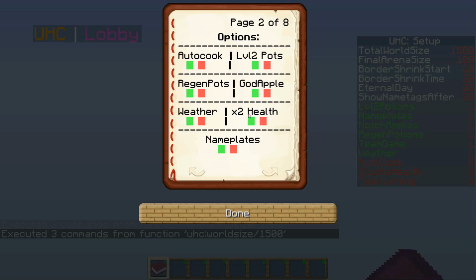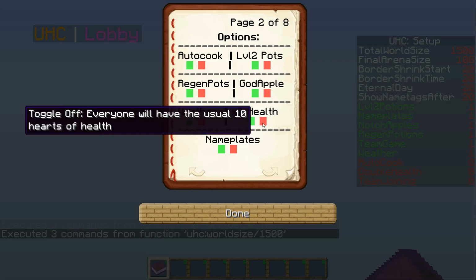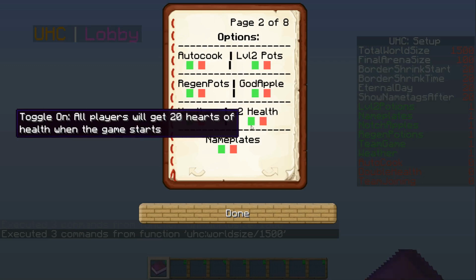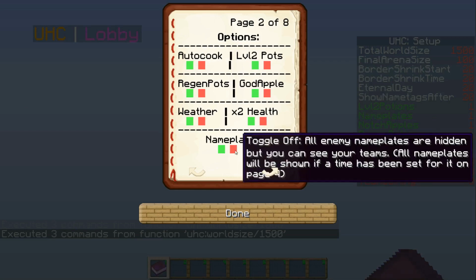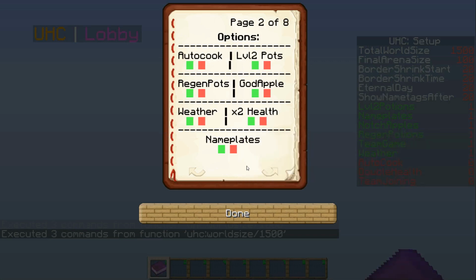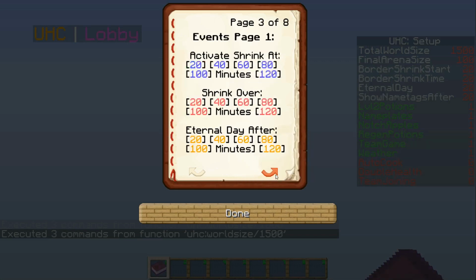And also, you can have double health if you want to. If it's switched off, you get the normal 10 hearts. If it's on, you get 20 hearts. Nameplates are on by default, as you can see, but you can switch nameplates off if you wish. If you go to the next page,